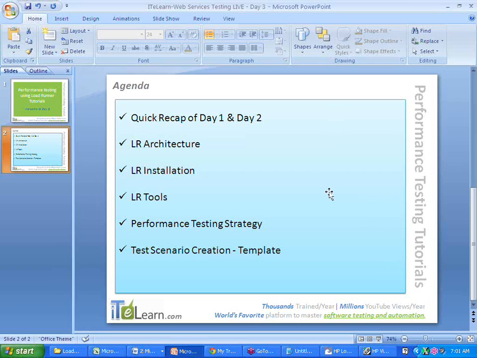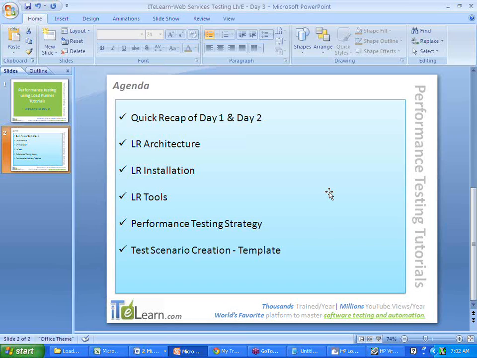And also in the subsequent sessions we'll create the strategy, the scenario document, and the scenario report document, and based on the scenario document we'll create our test cases, and we'll use the virtual user generator component to create the scripts. We'll use LoadRunner controller to create the scenarios that we had listed in the scenario document, and then we execute them.